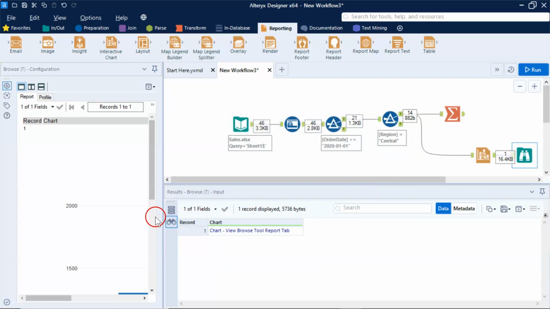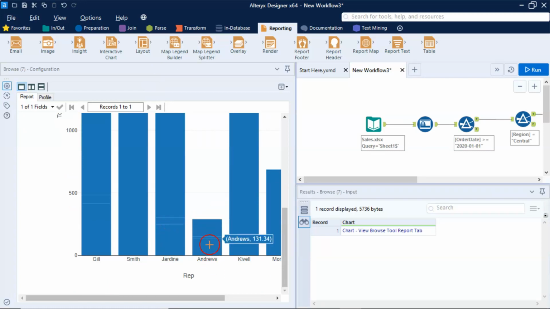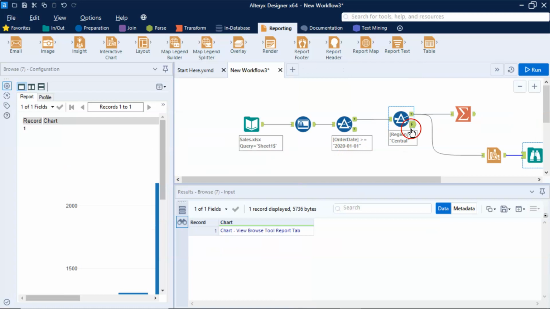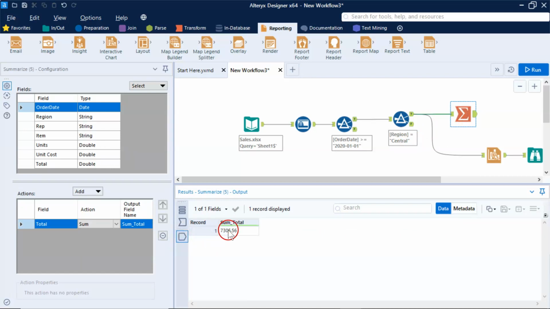Alright, and you can see we got this nice visualization of a bar chart corresponding to each individual representative. Now you can see how little time it took to create such a workflow. And if you just click on this summarization output, you will get the exact same one, 7305, the sum total of the filtered data.